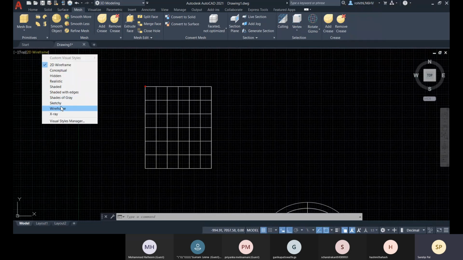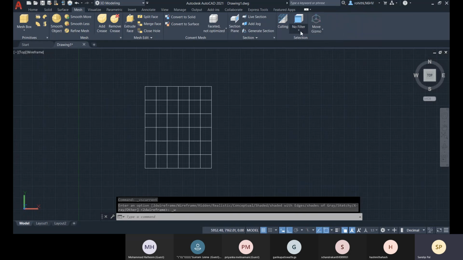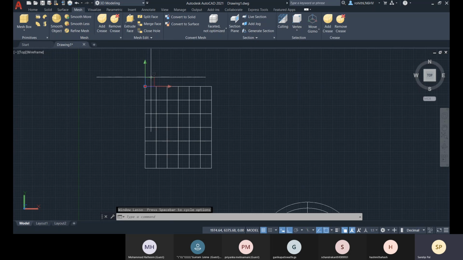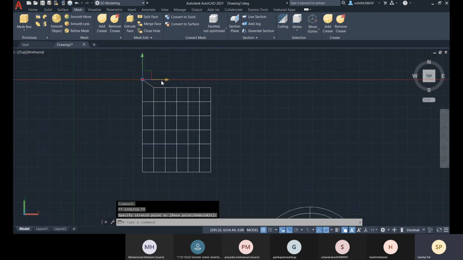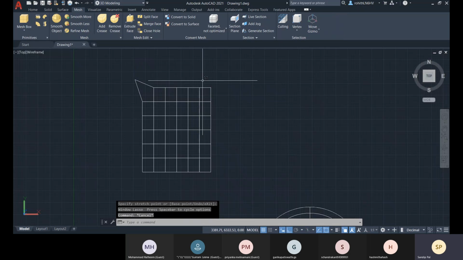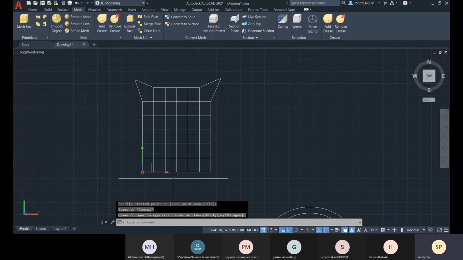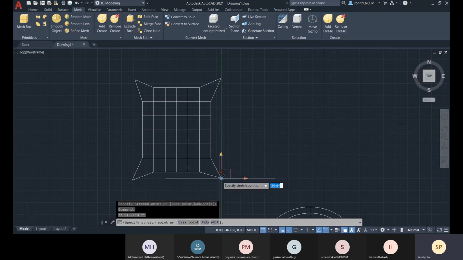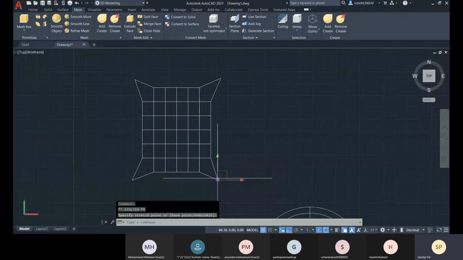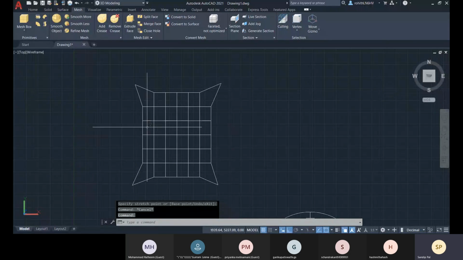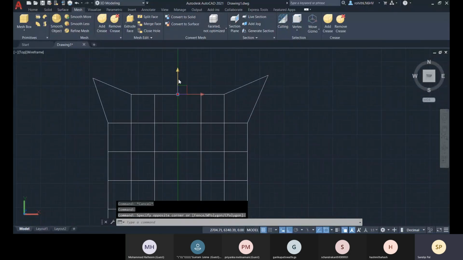Let me go for wireframe mode and move gizmo, and let me go for vertex. All right, you can change this.